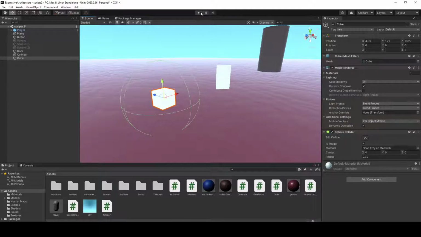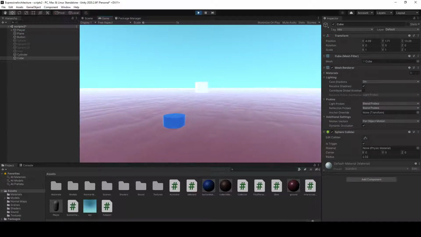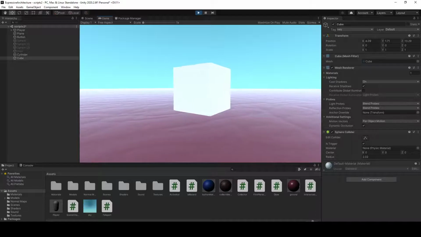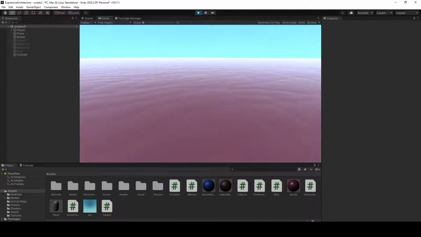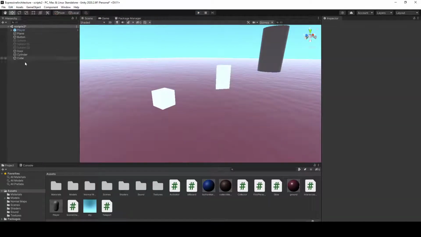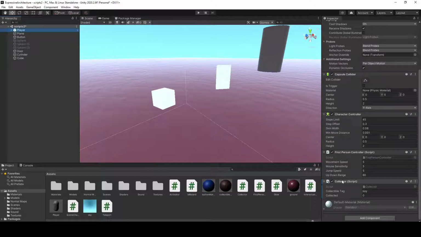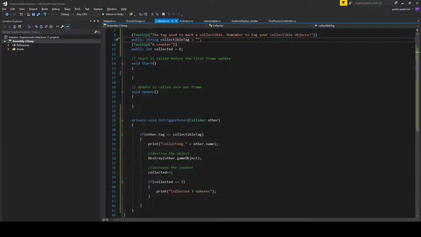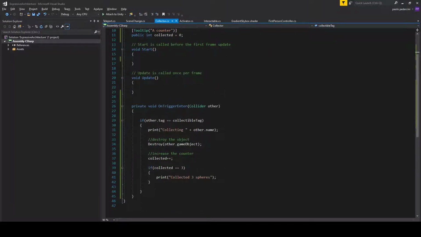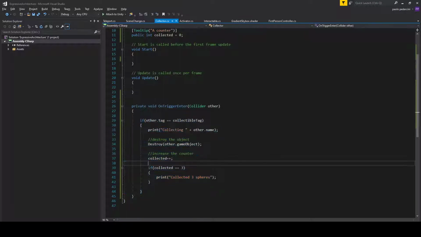So when I reach the collider of this square, the square disappears because it's marked as collectible with this particular script here, collector. If you open the script here, you will see it's just like 4 lines of code, and it's just meant to give you an example of a simple thing you can do just by checking the